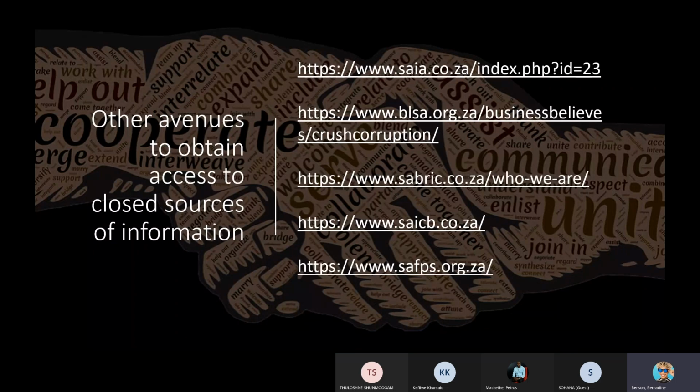Other avenues to obtain access to closed sources of information. In law enforcement, what some of the companies out there do, like your insurance companies, your banking companies, is they establish partnerships with the South African Police Service. We have SABRIC, we have Business Against Crime, Business Leadership South Africa. We have SAICB and SAIA. Here are some of the links. You can go and look at what these institutions do. You can look at what type of